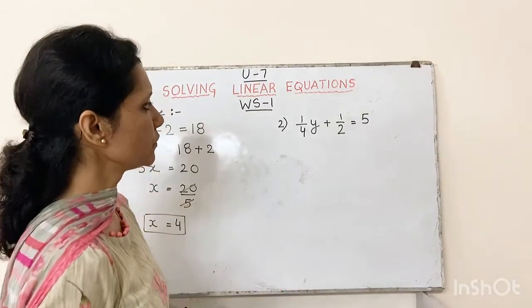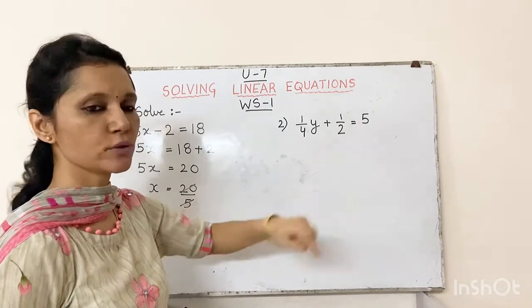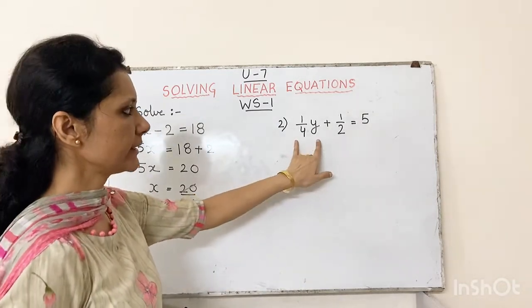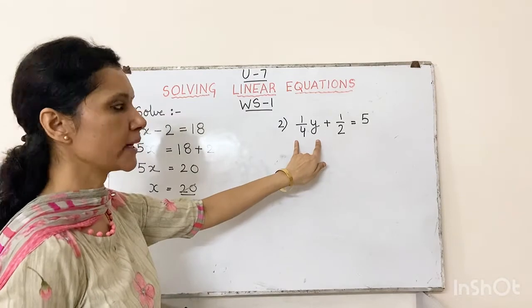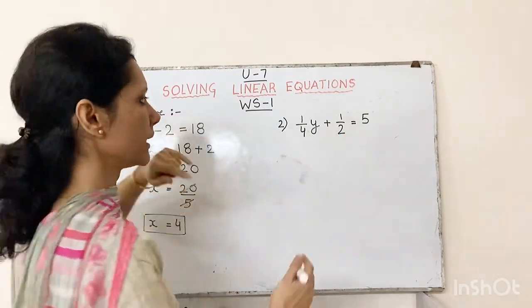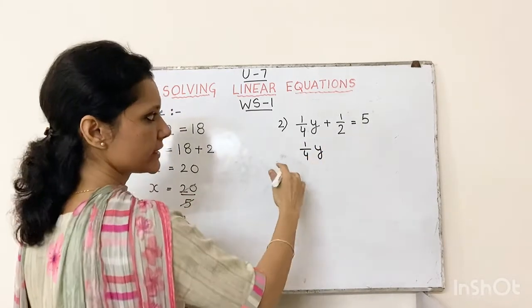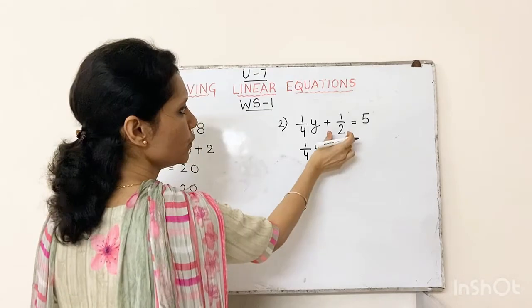Coming to question number 2, the question is 1 upon 4y plus 1 upon 2 is equal to 5. Now again you can see that the term containing the variable is 1 upon 4y. So we have to isolate this term from the others. So we would keep 1 upon 4y to the left hand side and we would move 1 upon 2 to